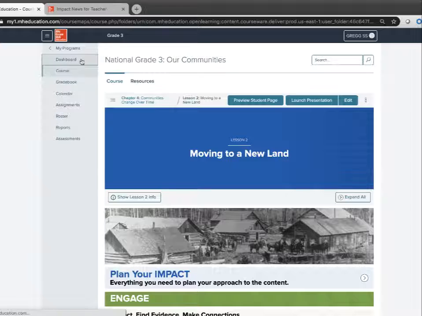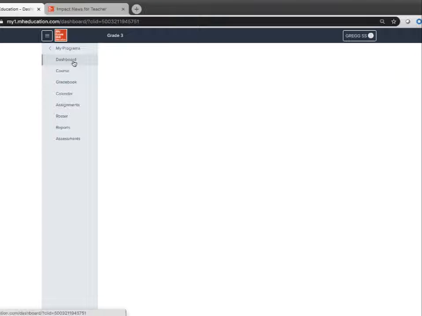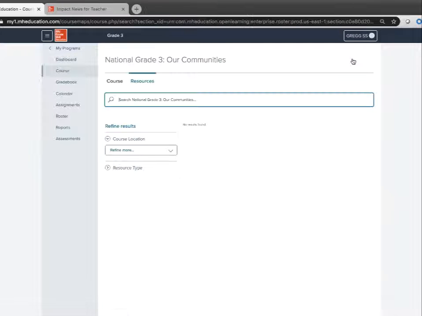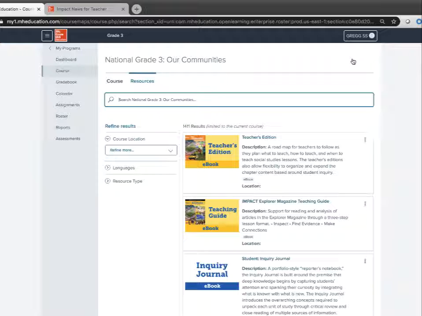Let me go back to the dashboard. I click that icon right there, that word that says dashboard, and guess what? Here I'm back on the dashboard. Just one more little tip for you. Be sure to remember that you can search for resources. If you're wanting to do just a little bit of teaching, you know you can't teach an entire lesson or do all the instruction that you want to from home these days, but you just want to show a video and you want to highlight a particular video that is in here, remember that you can always just search for